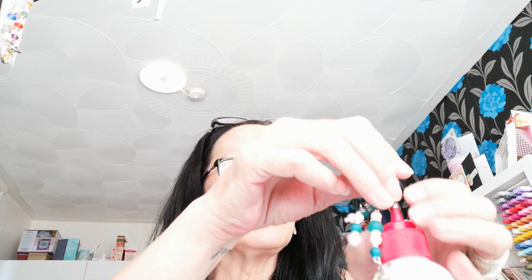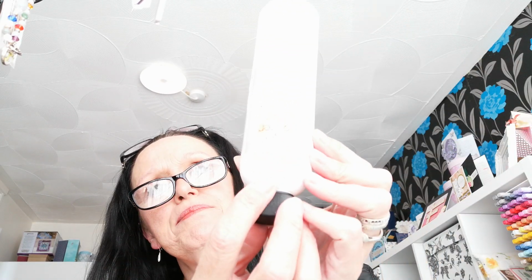But on my other one, I just got my hot glue gun, put a small blob of glue on, and it's fallen off now. This is upside down because I'm draining it because there was still about that much left in, but it was harder to get out. So when that bottle drops down about that much, I'll top it back up. Just put a little blob of hot glue, then grab your magnet, stick it straight on, and then it just stays there. It's brilliant. And also, she asked me